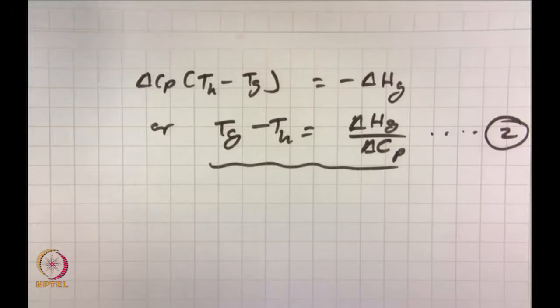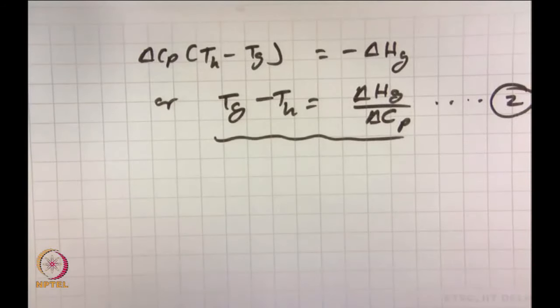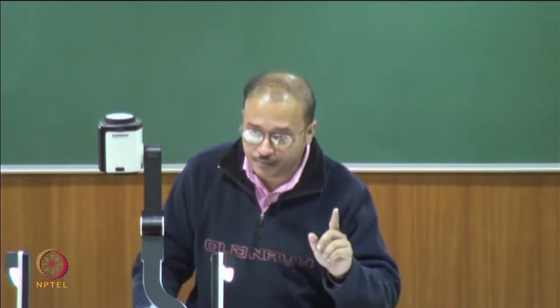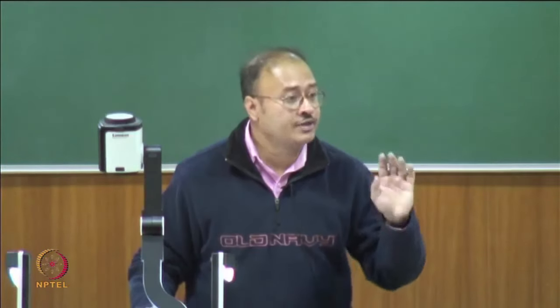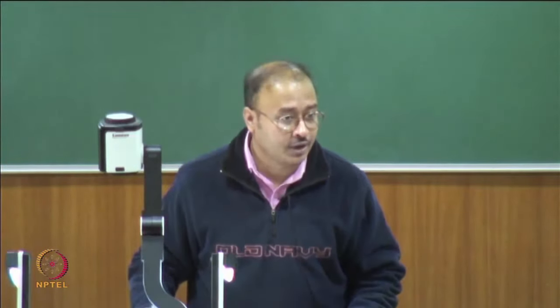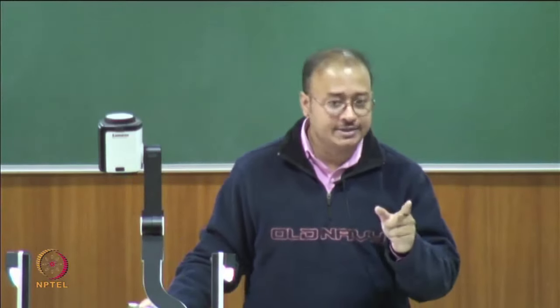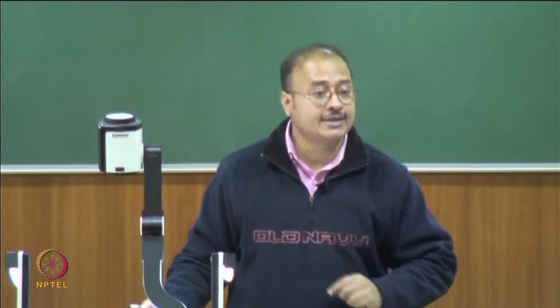Okay. So, we have this. Now, see what is the beauty of this relation or this equation: it relates your Tg, which is the midpoint of your transition, to Th through the ratio of delta H over delta Cp. That means, if you are not knowing Th, but you will be knowing Tg, I will tell you how to find that, it is easy to find, and if you can measure delta H and delta Cp, then